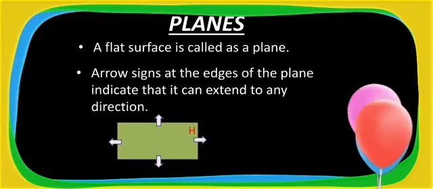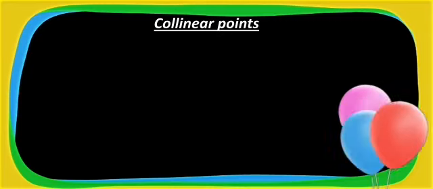So let's move on to the next concept of basic geometry, that is collinear points. Children, before understanding this concept, let's try to figure it out by its name. The name consists of two main things, co and then linear. For your kind information, linear means on a straight path. Keep it in mind, linear means on a straight path, and co means they have something in common, or they have been joined, or they have something mutual.